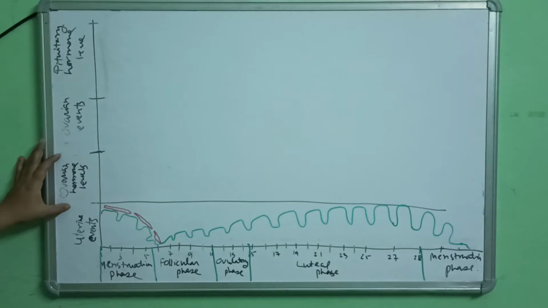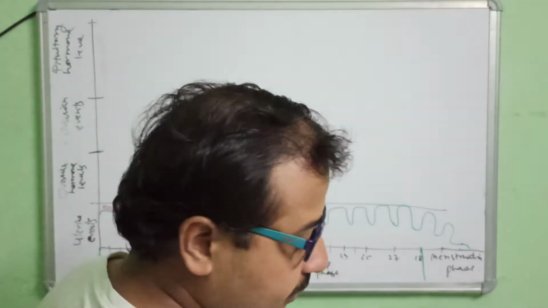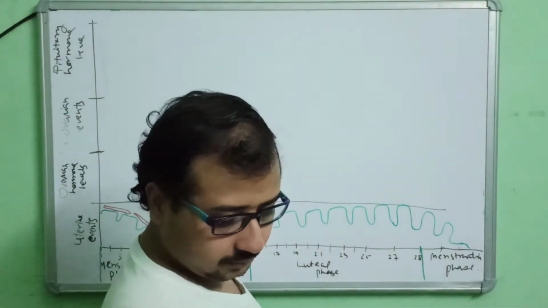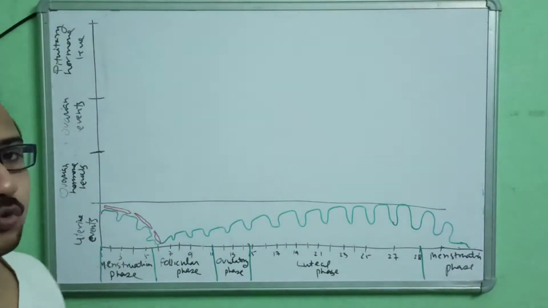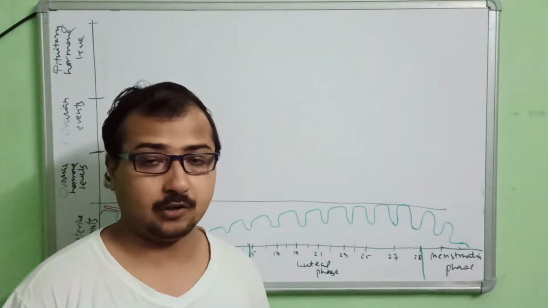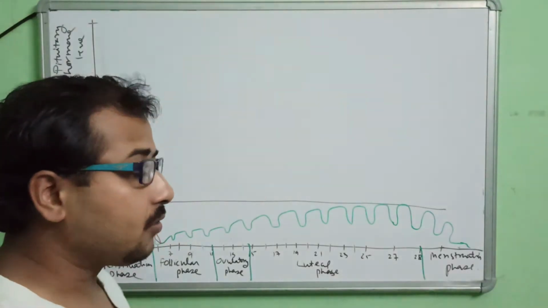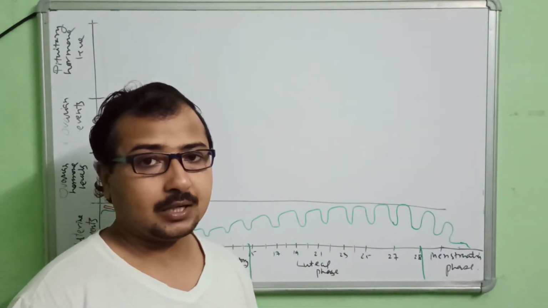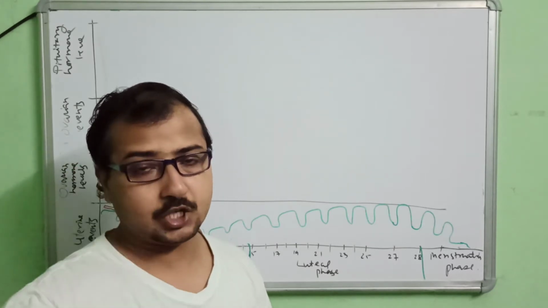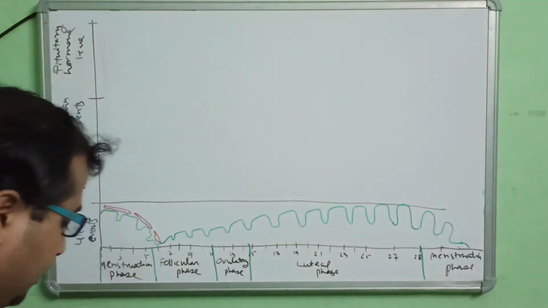Now next is the ovarian hormone level. Okay, ovarian hormone level we will see here now. Blue and red. Okay, ovarian hormones. What are those ovarian hormones? First of all, estrogen and progesterone, if you remember. Now recall those events and the level of hormone, estrogen and progesterone hormone secretion. In which phase what was the hormone secretion?